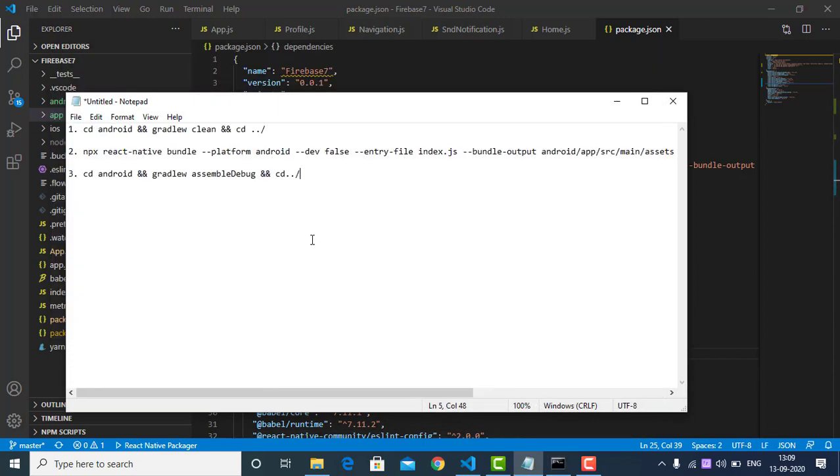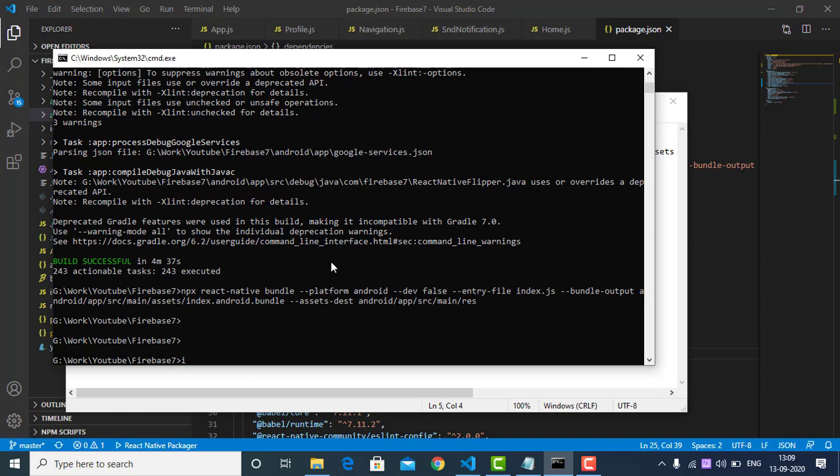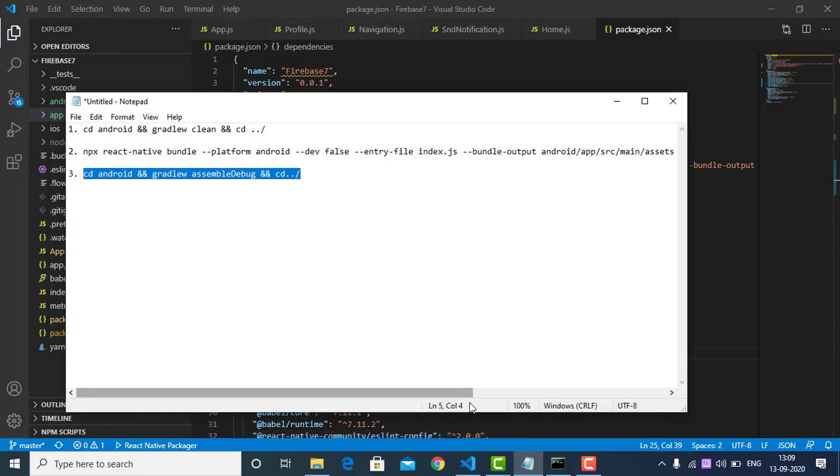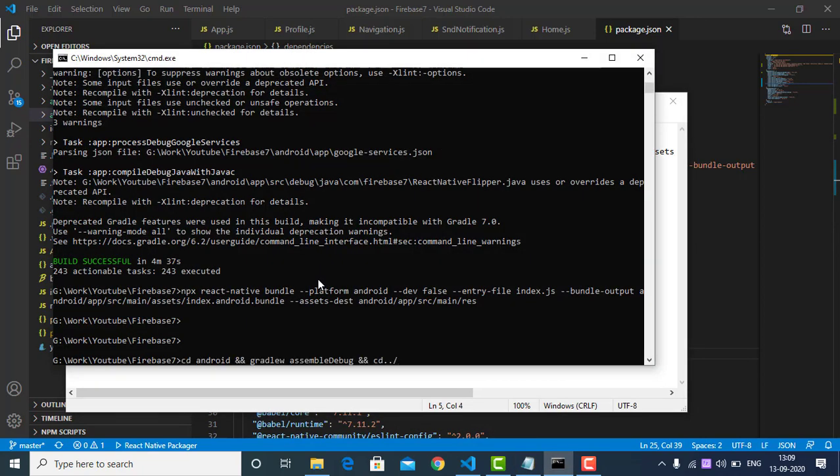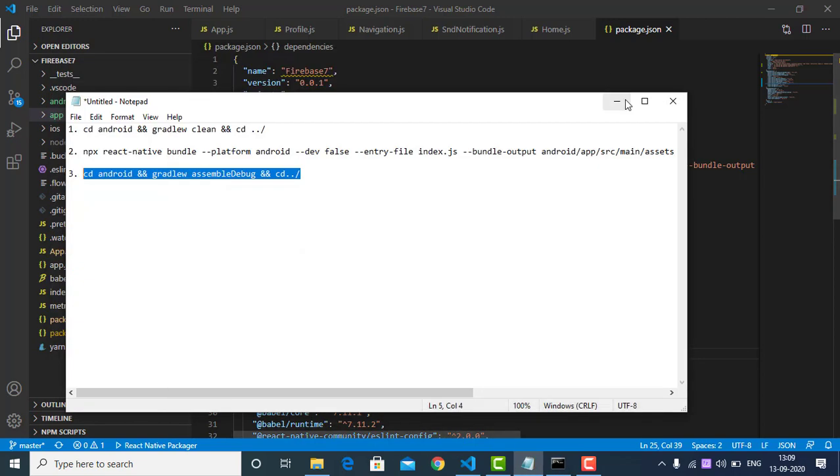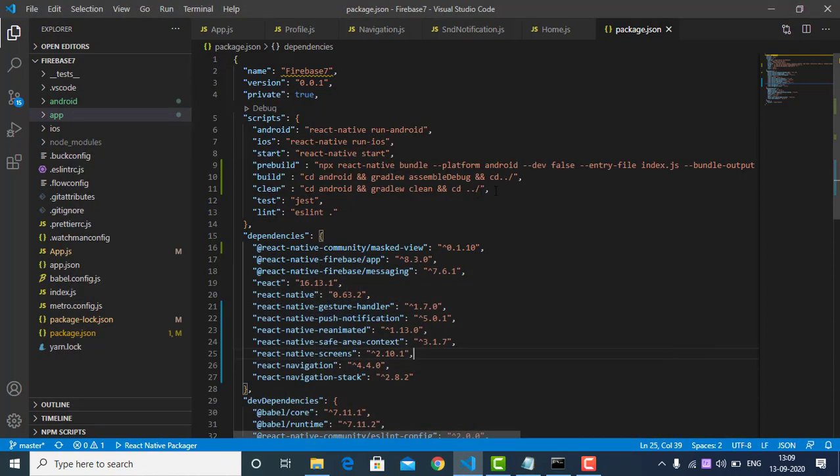After that we had to enter this to generate a debug APK. Now we can just enter npm run build to generate a debug APK, but before that we have to add these 3 lines: first pre-build, then build, and then clear for Gradle clean.